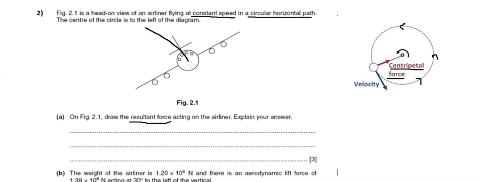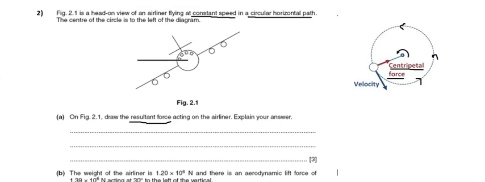I can consider this is the circle along which the airliner is flying in a circular path, and consider here somewhere is the center of that imaginary circle. So this airliner should be acted upon by the force which is called the centripetal force, which is directed towards this center. Okay, so we have to draw this. I'm rubbing this line, and I'm drawing the one single line which is acting from the airliner towards the center of this